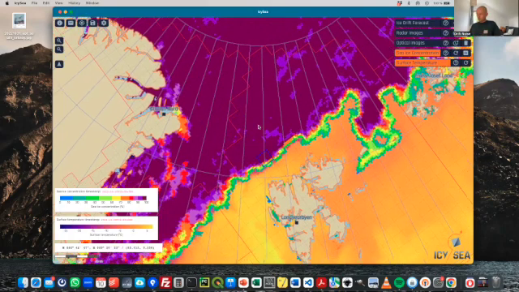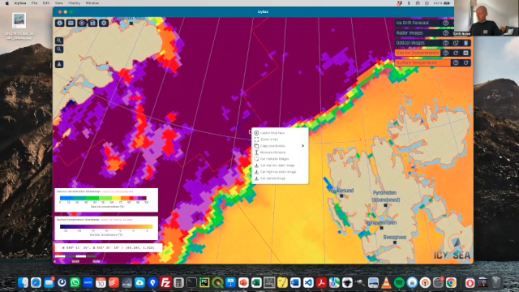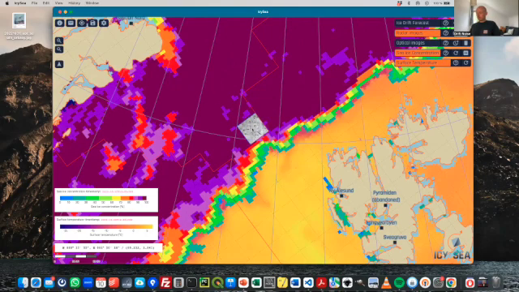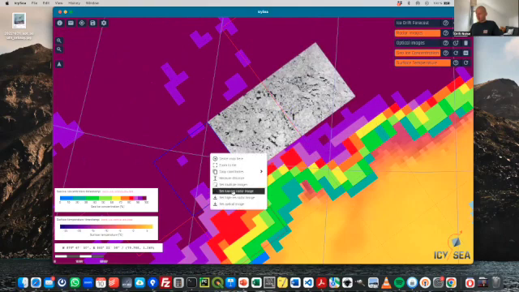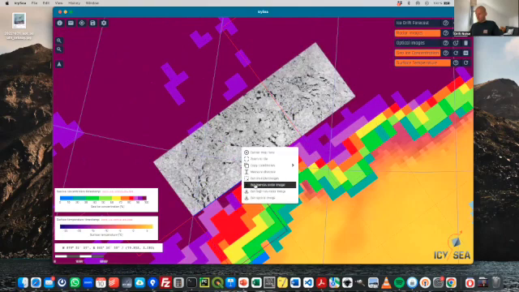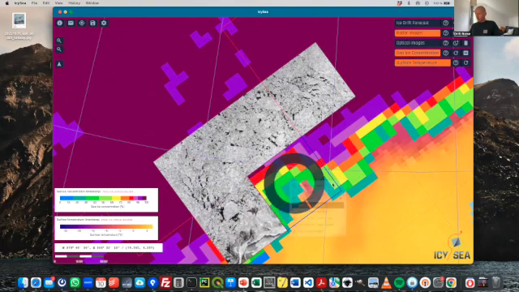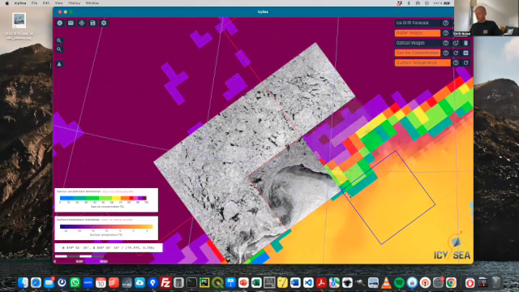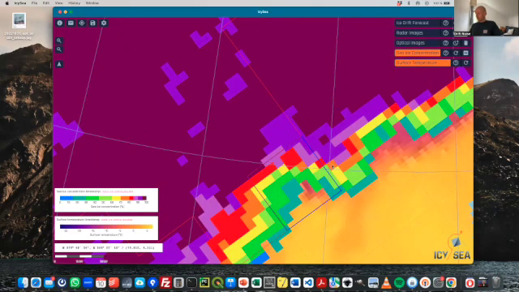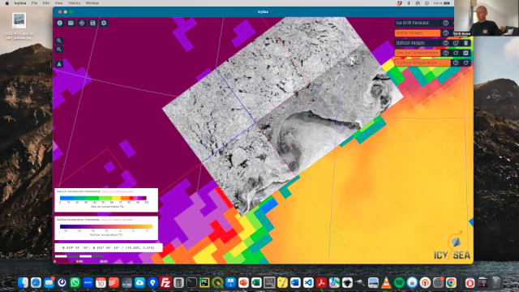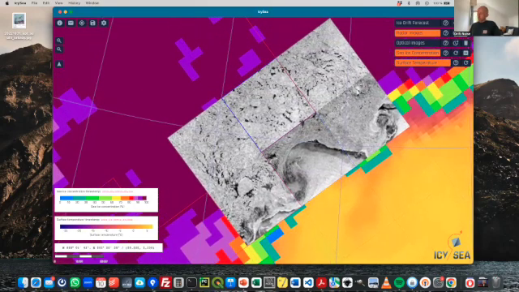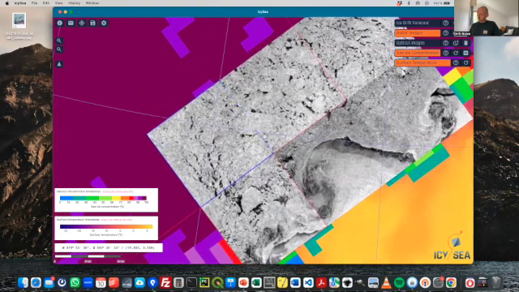So what you can do is, if I zoom in here, I can select a tile and look at the low resolution radar image, for example. If I zoom in, you can see the image here. I'm going to download a couple more. So you really get the idea of what's going on in the area. You see the ice, but when you combine it with the sea ice concentration, you also see that this is the ice edge, and the radar images really help you figure out where that ice edge is in that area. So this is the low resolution.